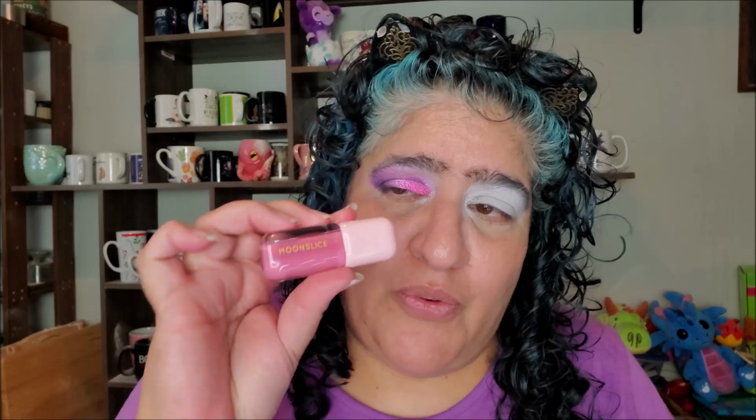Very few. And of those very few, there's a lot who won't wear it. So honestly, I think this was a big miss on both Moonslice and the box. I think the box should have said, make us a range of pinks. They can all be pink, but they can be light pink, dark. Just make a range of pinks. They can be rosy pink. I mean, I have all kinds of pinks that I wear. I just won't wear bubblegum. I think this was a big miss on both brands' part, but